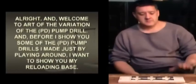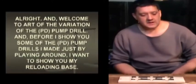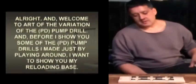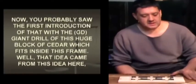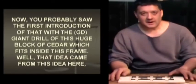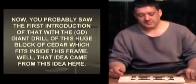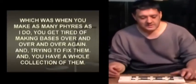Alright, and welcome to Art of the Variation of the Pump Drill. Before I show you some of the pump drills I made just by playing around, I want to show you my reloading base. You probably saw the first introduction of that with the giant drill, this huge block of cedar which fits inside this frame. Well, that idea came from this idea here, which was